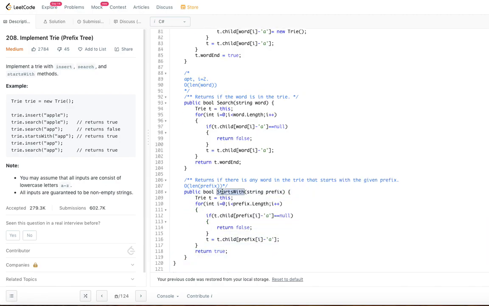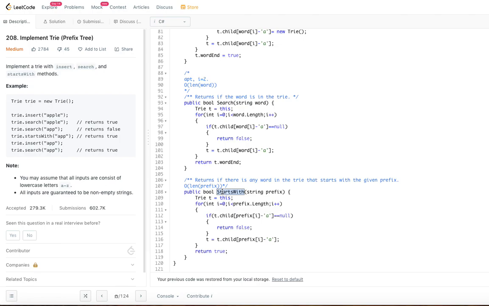All we are using is the tree that we have already built. So there is no extra space for starts with or search. They are constant space functions, and the space is used only by the insert function. So this is how we are able to solve it.